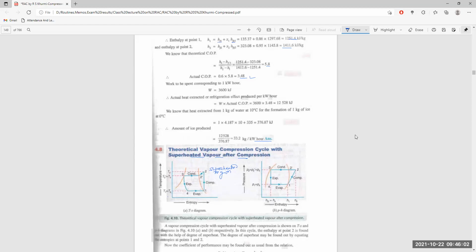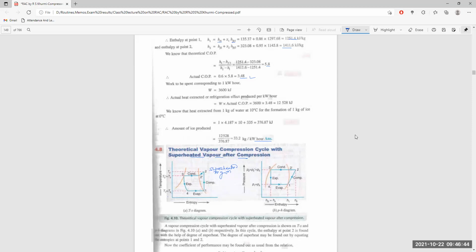Next, what is seen? Condensation is from 2 to 3, where it is not an isothermal process, but it is an isobaric process. The temperature is reduced from 2 to 2 dash when it reaches the saturated vapor line, and from there it moves horizontally to the point 3, where it intersects the saturated liquid line at point 3 itself.